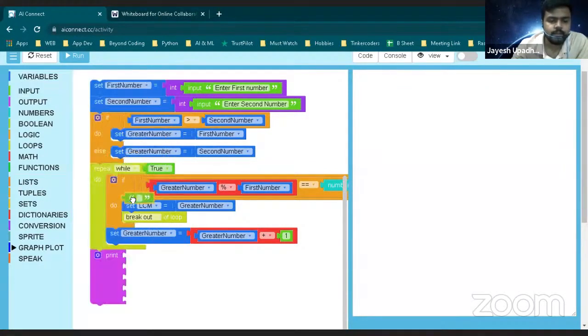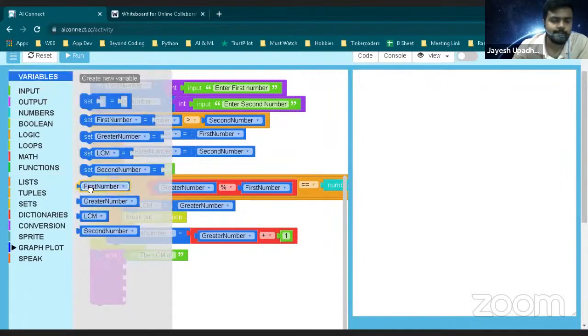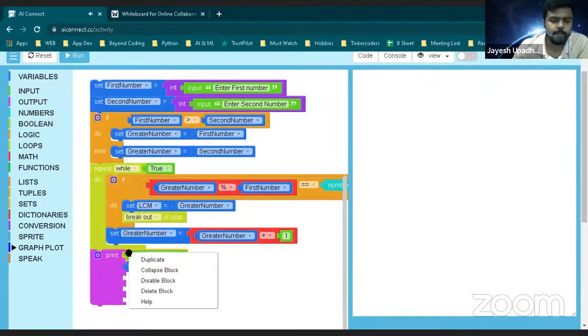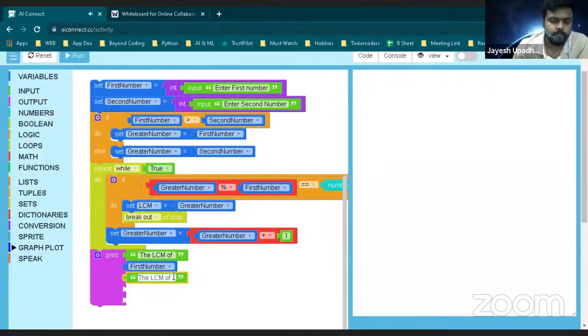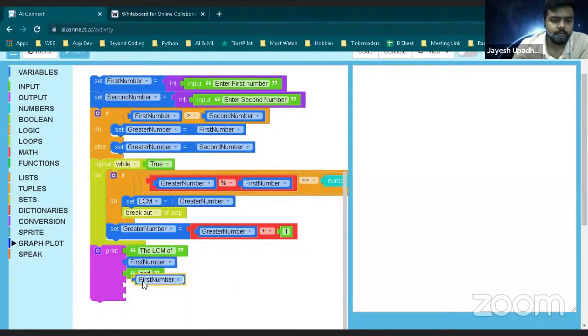I will write the LCM of first number and second number.